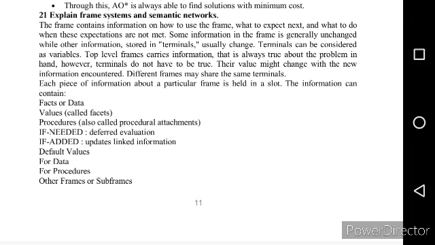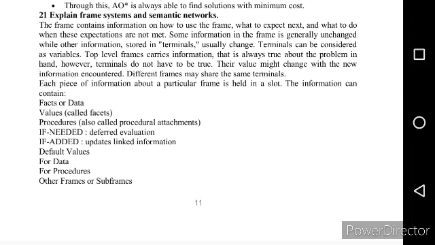Top level frames carry information that is always true about the problem in hand. However, terminals do not have to be true. Their value might change with the new information encountered. Different frames may share the same terminals. Each piece of information about a particular frame is held in a slot. The information can contain